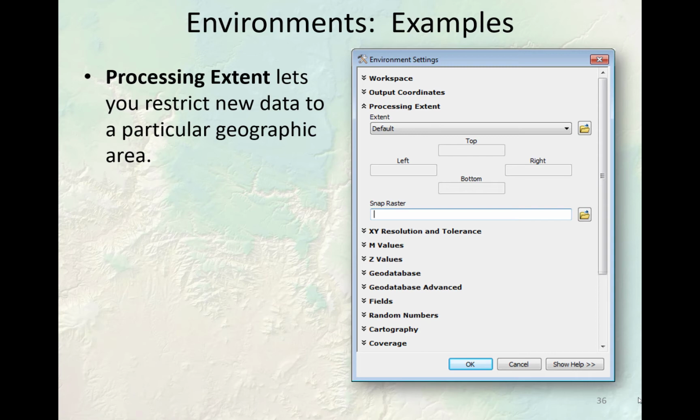Word of warning on this one, I have run into problems where I forgot to reset the processing extent. I'll show you that in a little bit. There actually is another interesting thing here in the processing extent. Notice there's the Snap Raster setting. The Snap Raster only applies if you're working with raster datasets and you're producing a raster dataset, but it addresses